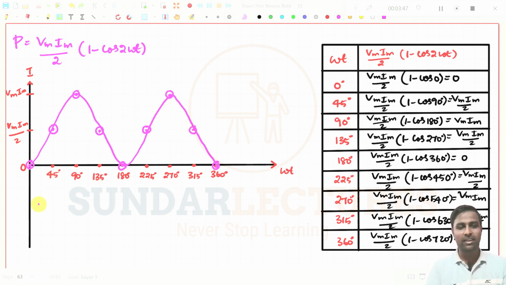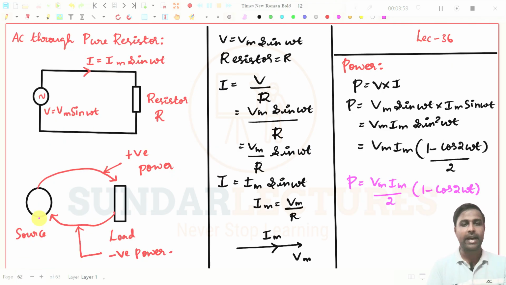Try to understand, there is no power coming like this. If it is like this, then those kind of powers are called negative powers. So what have we seen here? What is the positive power? The power which flows from source to load will be positive power, and we can call that power real power. So if it is a resistive circuit,